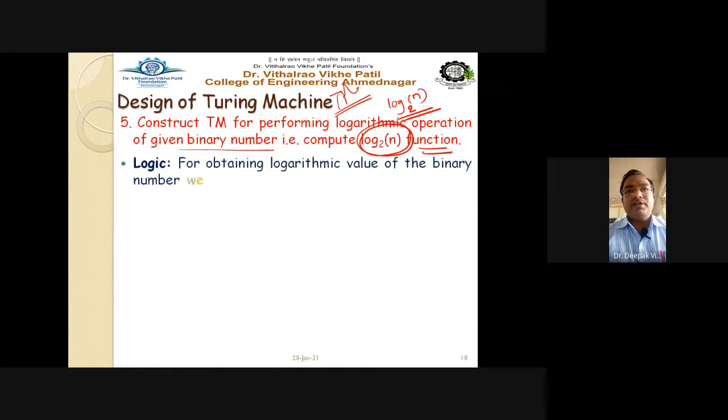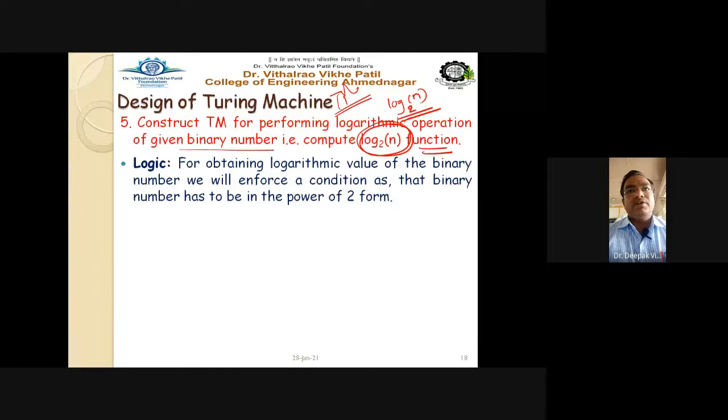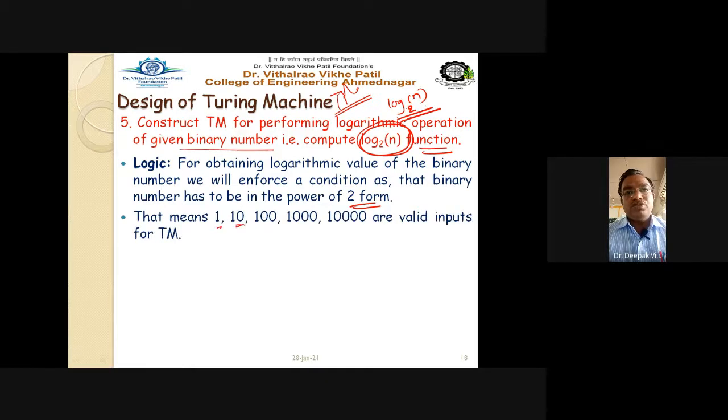For obtaining the logarithmic value of the binary number, we will enforce a condition that the binary number has to be in the power of 2 form. That means 1, 10, 100, 1000 are valid inputs for the Turing machine.